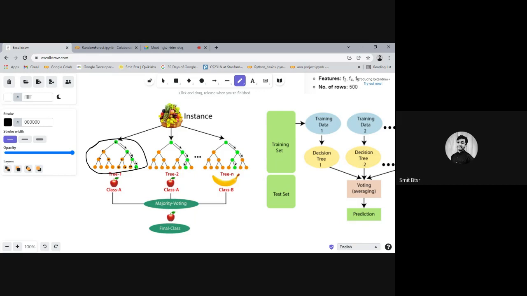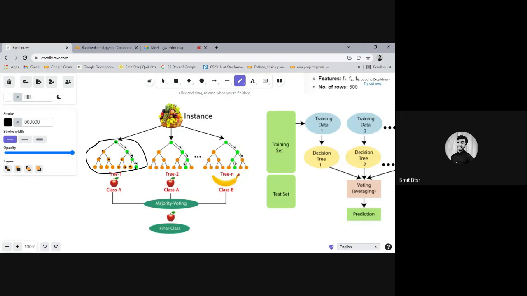It basically hard codes all the questions, all the data points, and accordingly it tries to formulate the tree. So it considers all the points and does a hard-coded segregation of data.